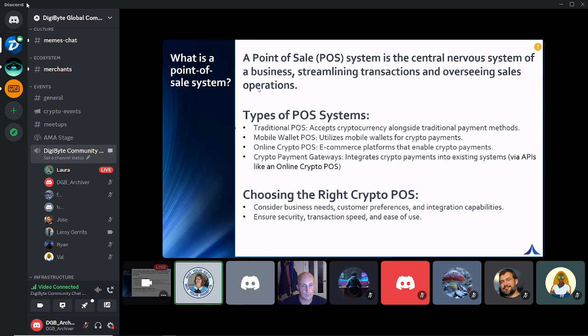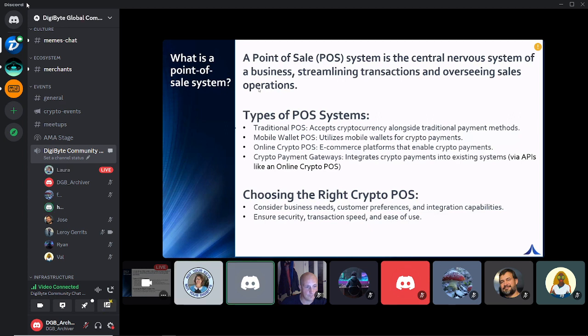So we're just keeping this high level, just highlighting the different systems and the gateways that we have to use to participate at a payment level. We'll talk a little bit about, if you're using a crypto point of sale system, what are some things you have to think about in order to choose the right one for you? Not that there's a ton to choose from at this moment, to be honest, but there are different options. So, Patrick, I'll let you go a little bit deeper on that.